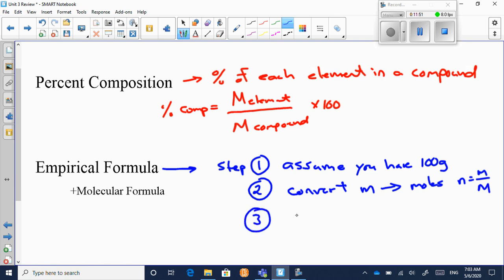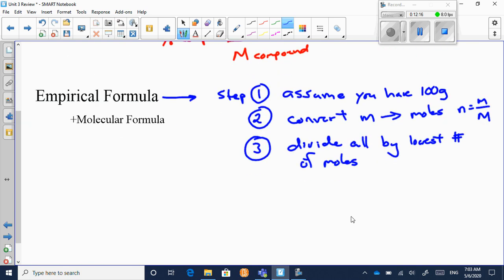And then finally, in step 3, you divide all by the lowest number of moles. Okay, and again, I'm going to show you a little sample of a question in a minute where we do that in the assignment. I'm going to put a little star here, though, just as a reminder, you can only round